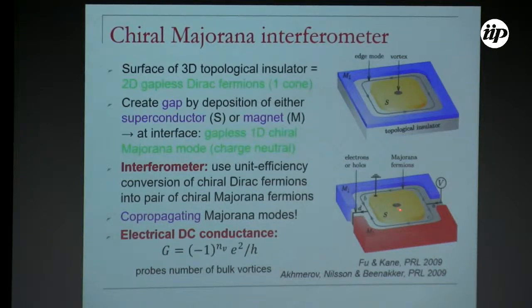And now depending on whether there is an even or an odd number of vortices inside here, the electrical conductance that you measure in this interferometer was predicted to be e squared over h times plus or minus 1, depending on whether the number N_V of vortices is even or odd. So if it's odd, then basically you send out holes. If it's even, you send out electrons. That's connected to these branch cuts because this central Majorana zero mode basically has a branch cut sitting around,